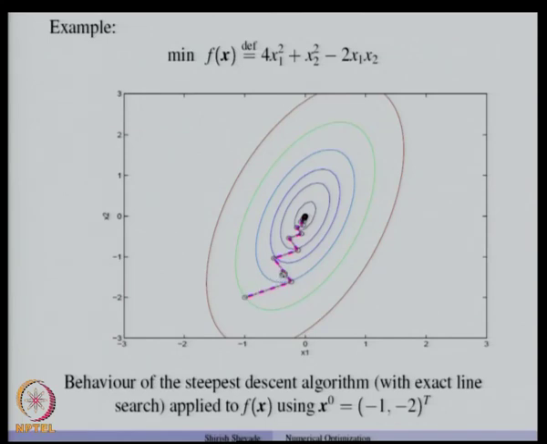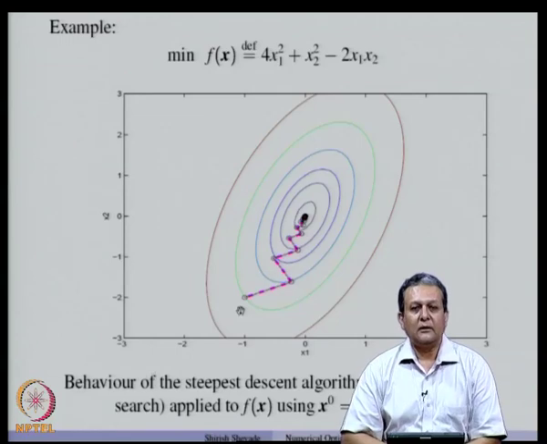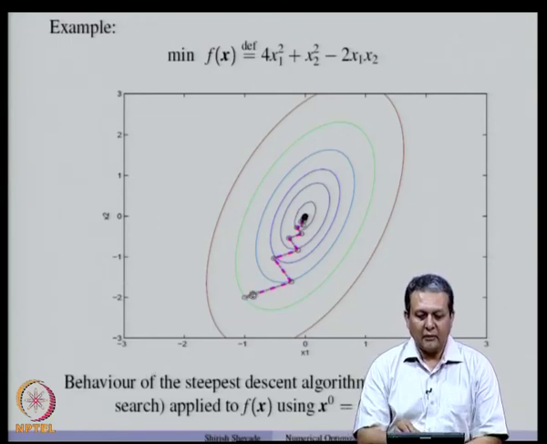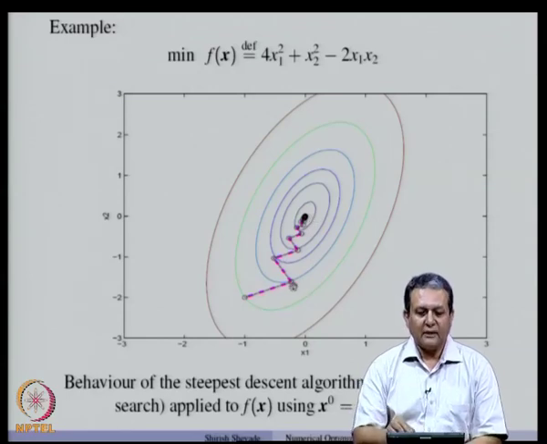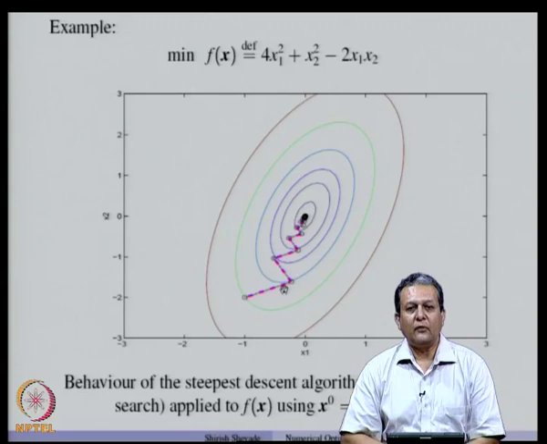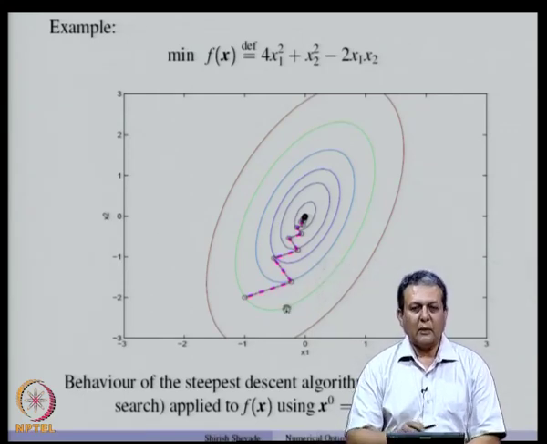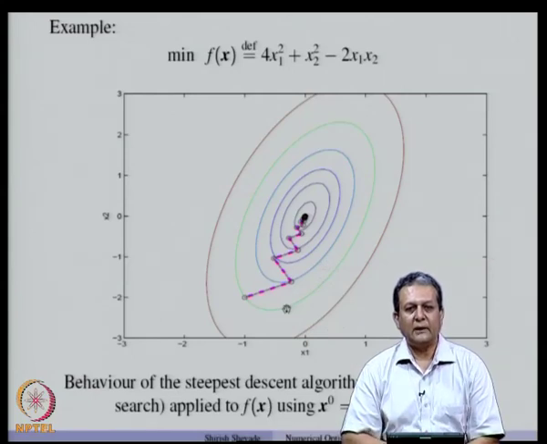Now, you will see that the behavior, if we apply the steepest descent method in this case, is that the iterates are formed in the zigzag directions before the convergence to the optimal point takes place. So, this zigzagging behavior is very typical of steepest descent method for quadratic functions, where the contours of the quadratic functions are not circular. Now, why does this zigzagging take place? So, we will study that in today's lecture.